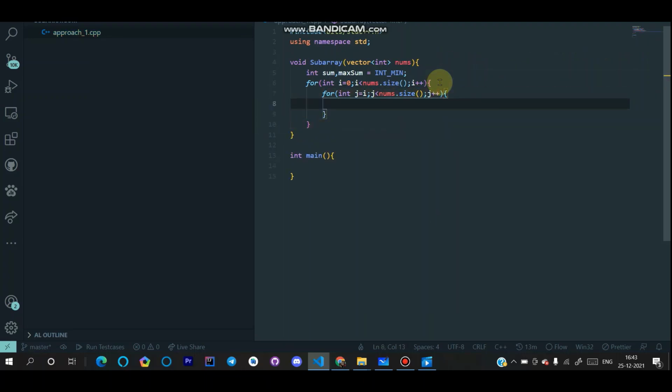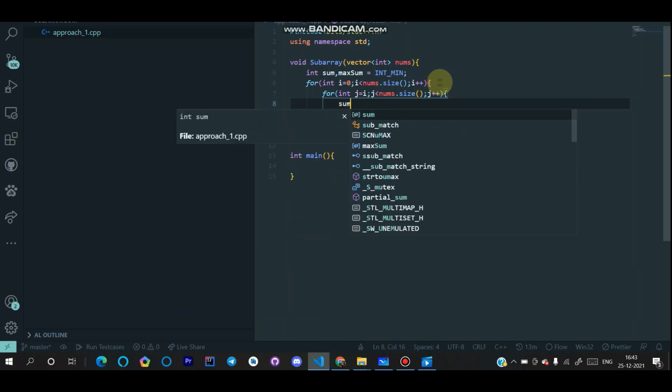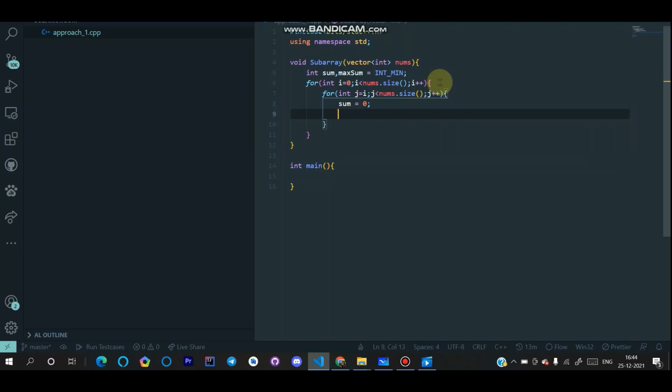Again, we would take a k loop, and every time the sum should be reset to 0 because we would be storing only the maximum sum. Int sum, we have declared it, so sum equals 0.